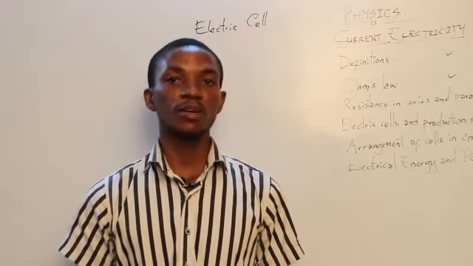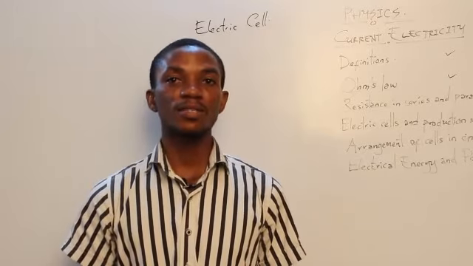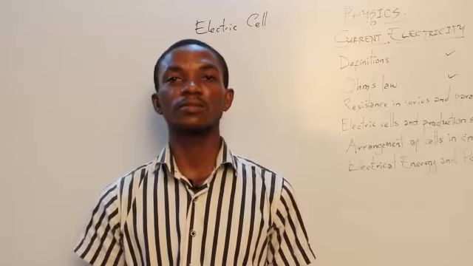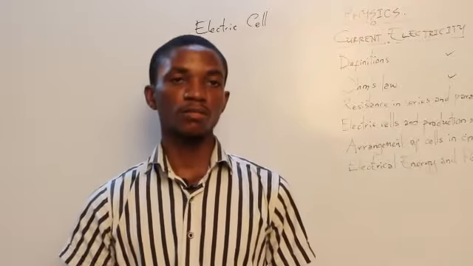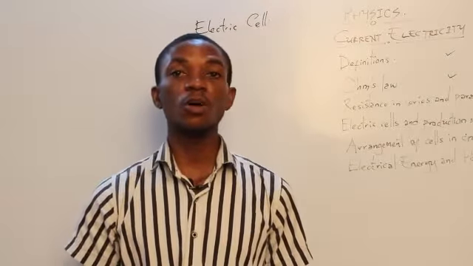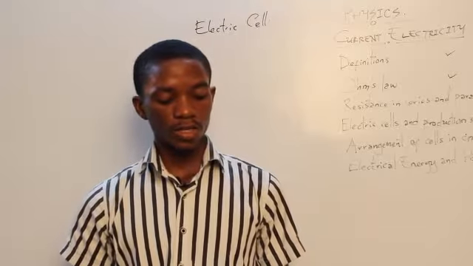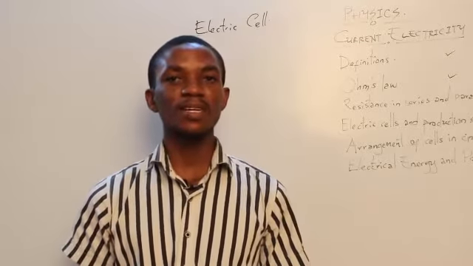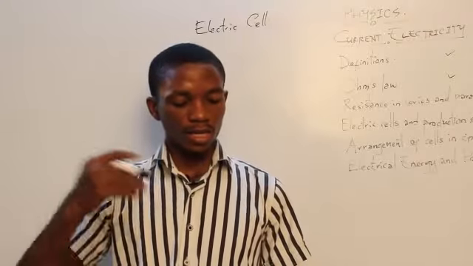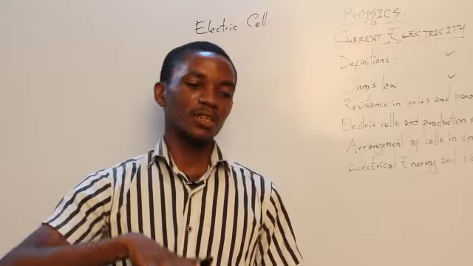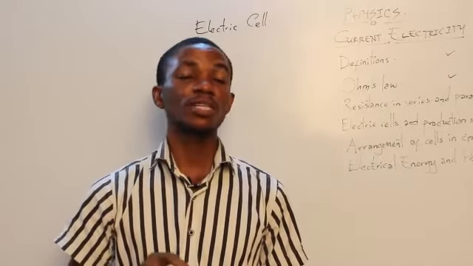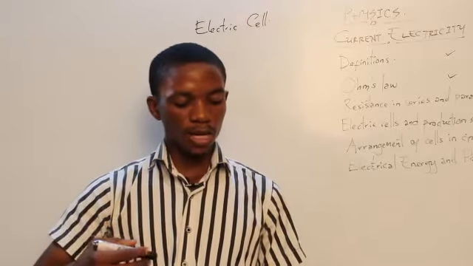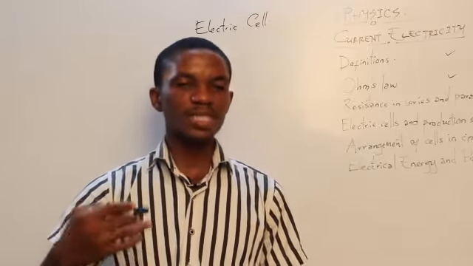Now, there are two types of cells. We have the primary cells and the secondary cells. A primary cell, also known as a voltaic cell, that's a zinc copper cell, contains copper rods and zinc plates. Both of them are immersed in dilute tetraoxosulfate 6 acid. Now, when the copper rod and the zinc plates are connected to a wire, the zinc slowly